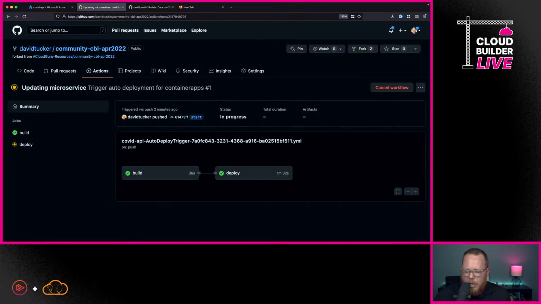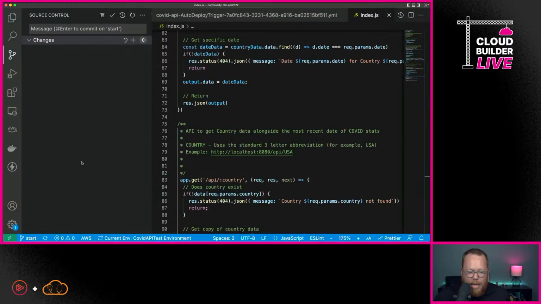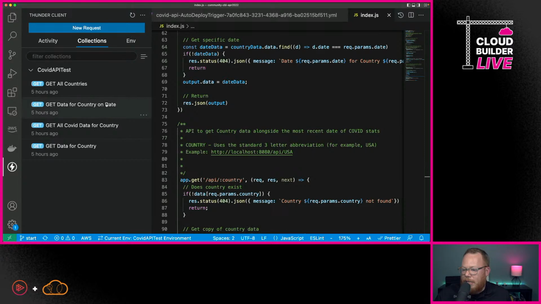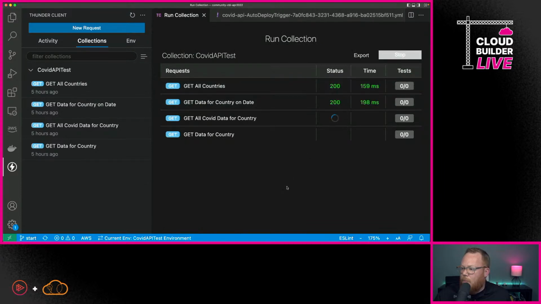Okay, so now we're going to see how our workflow is doing. So I'm going to click over here. We'll see that it actually just finished with deployment. Now, the way that we'll know that this deployed correctly is if our tests run correctly. So I'm going to go back here to Thunder Client, and I'm going to run this again. I'm not going to do any other changes, and we should be able to see now that, yes, everything has